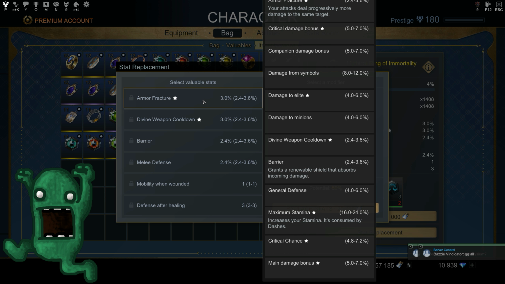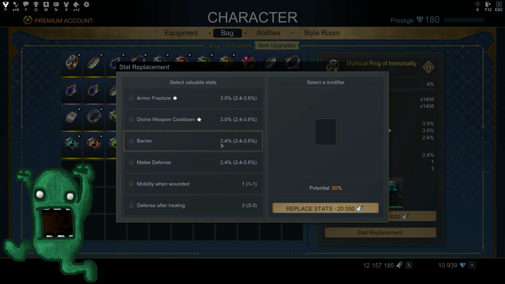Oh, this is just way too weird. So it pretty much shows you the same thing, unless it just shows you all the stats. Yeah, actually it shows you all the stats that the ring can have, so that you can put it on and use it. So anyway, to make that easier, let's say